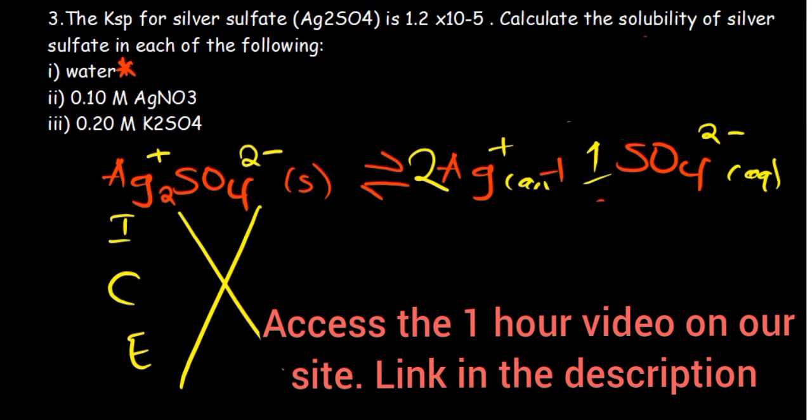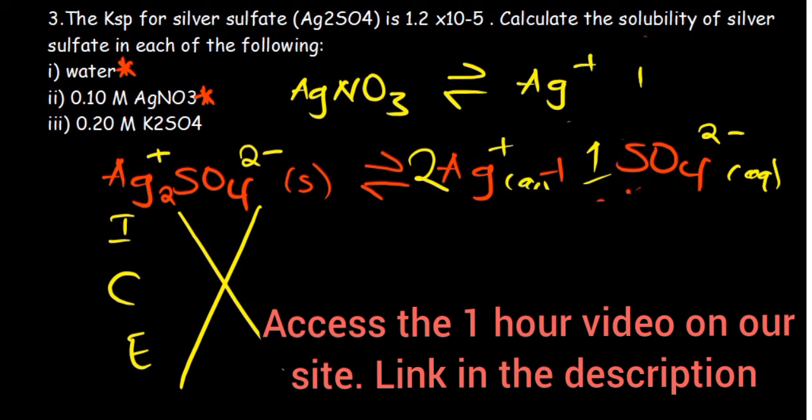Now, in the next one we've been told silver nitrate. Does silver nitrate have an effect on the initial concentration of silver? It does. How about sulfate? Not at all. So therefore, we do know that in this case, even if we are going to write our dissolution reaction for silver nitrate, we are only going to have Ag plus and then the nitrate. So therefore, in our solution,